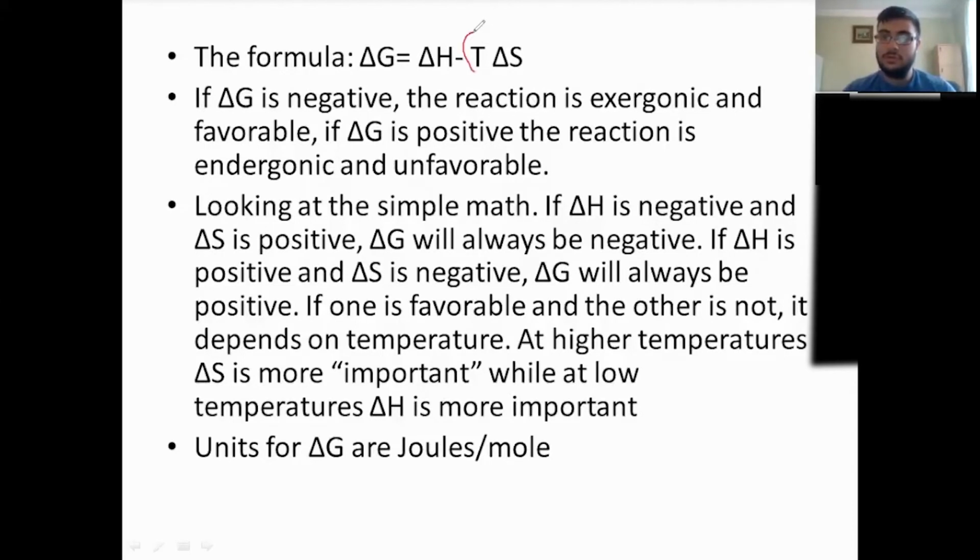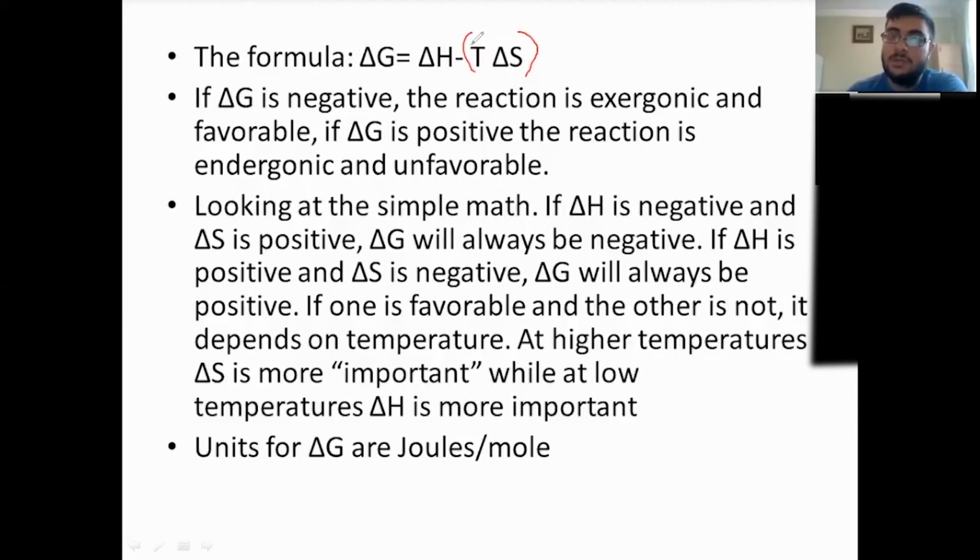This whole thing will be small, right? Because the temperature is small. So multiplying a number by a small number makes the whole thing small. And in that case, delta H would be a negative value minus a negative value, signs cancel out. So it's a negative value plus a positive value, right? And if the negative value is bigger, then the overall would still be negative.